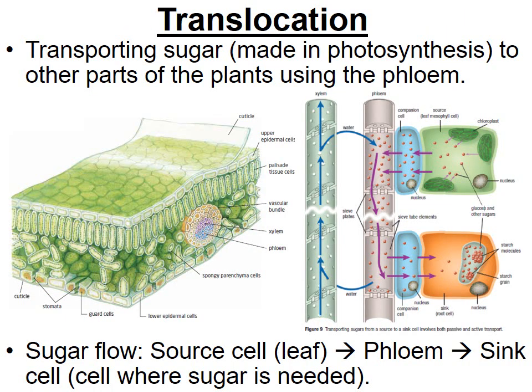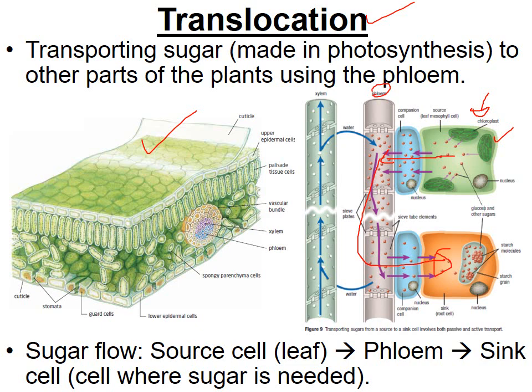So the process to transport sugars from the leaf where it's made to other parts of the plant is called translocation. Once the leaf makes sugars via photosynthesis, the leaf will then transport those sugars to other parts of the plant, and that will happen through the phloem. Here you can see the cells within the leaf with the chloroplasts. They make sugar. The sugar will go into the phloem,